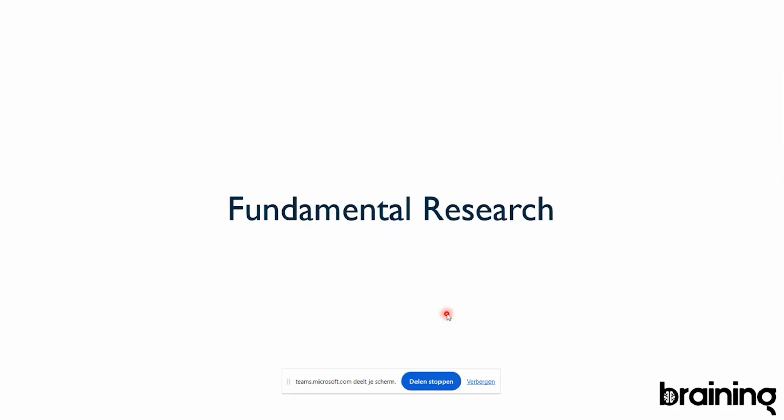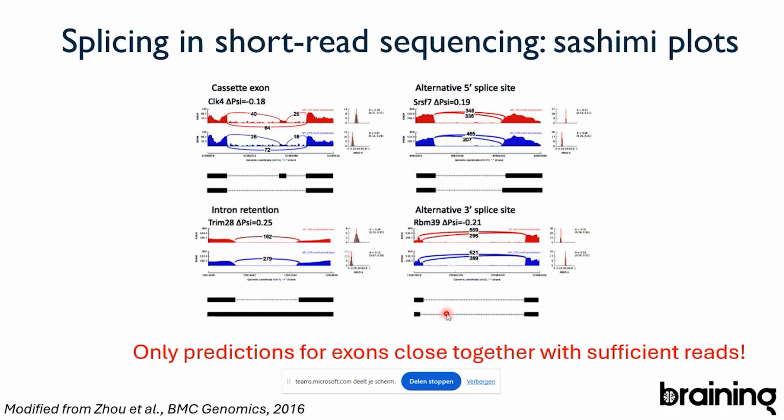I think the word clouds showed that you all think, and I agree, that the brain is an exceedingly complex organ. And so it's important to recognize that a lot of work still has to be done on fundamental processes in the brain before we can arrive at understanding it better. But that being said, an important application of long read sequencing is fundamental research, right? How so? I will give you an example from my own field of interest. So I told you I'm very interested in splicing, and specifically in alternative splicing.